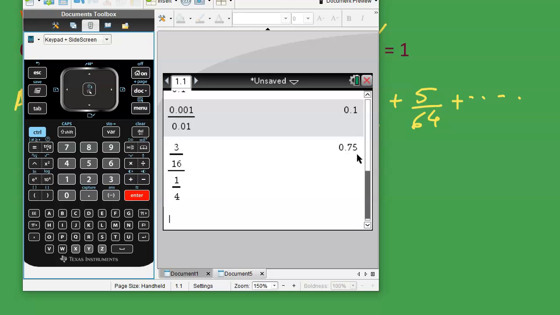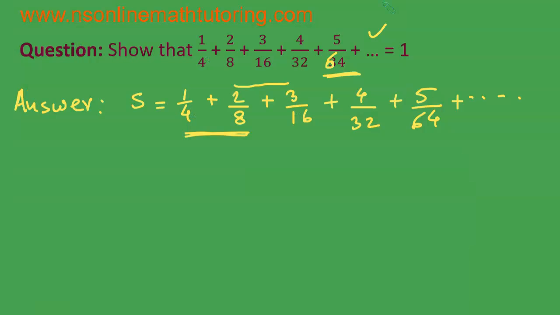From the first and the second terms, we have found the ratio to be equal to 1. But from the second and the third terms, the ratio is 0.75. Therefore, this is not a geometric series. Okay, that is why I have kept these two questions in a single video, because this is the one property that they are having in common, that the series given are not a geometric series, but they can be converted to a geometric series, or part of it can be converted to a geometric series. Okay,